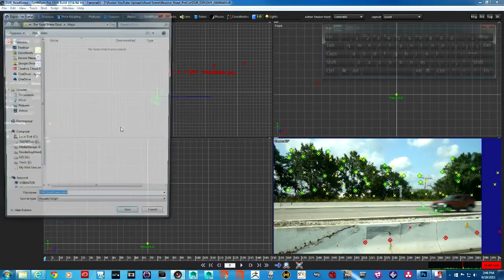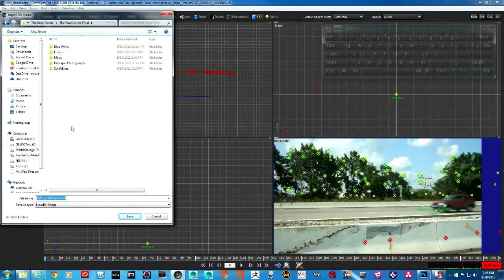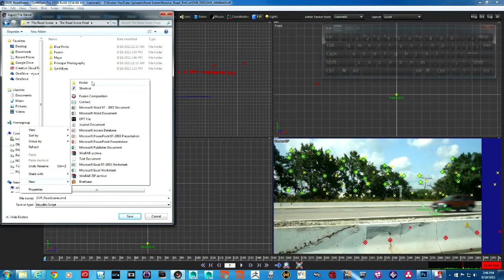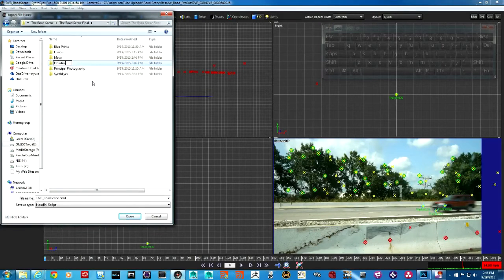And I'll save one for Houdini, which is right here, and again I'll create a new folder. Let's call it Houdini, and in there I'll place this